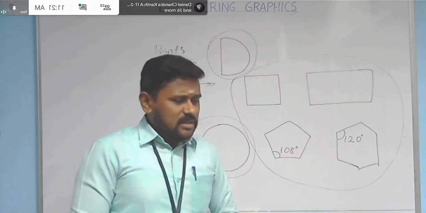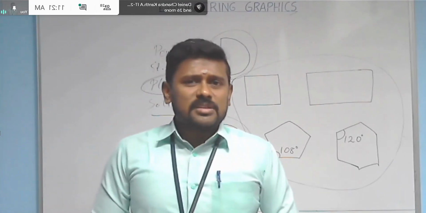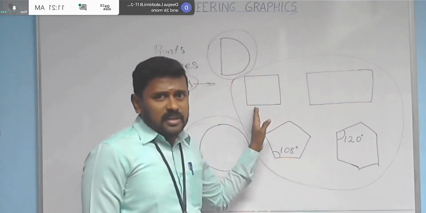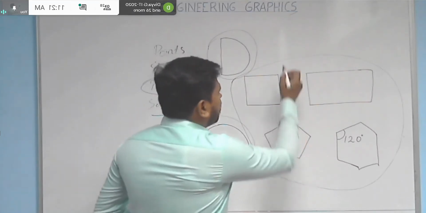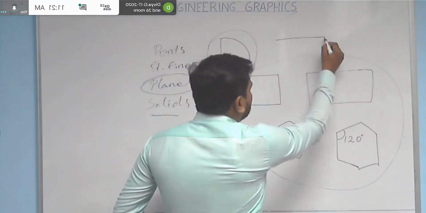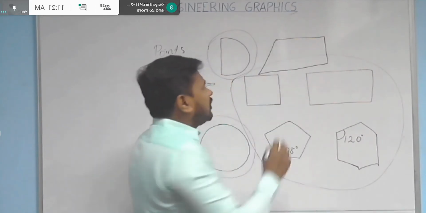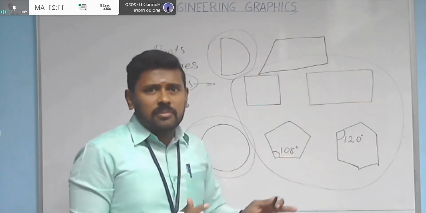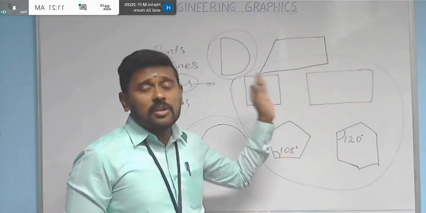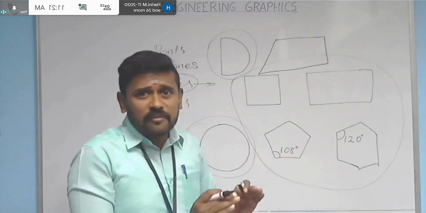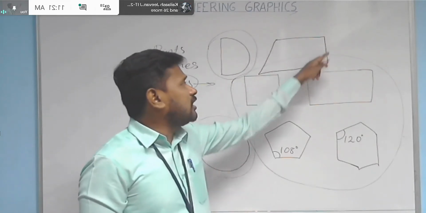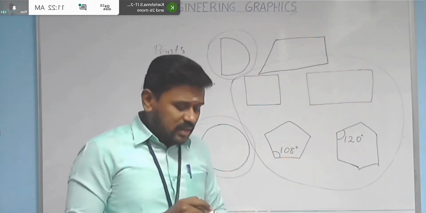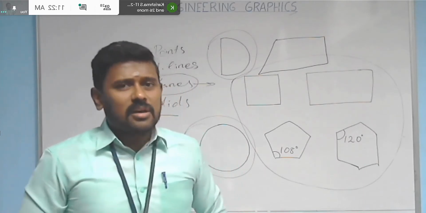In the case of regular planes, the shapes are standard shapes. So it is actually a regular plane, a square. But if you consider this plane, see, it is not a square, it is not a rectangle or triangle, whatever it may be. It's an irregular plane. However, it satisfies the norms for a plane. It is a closed surface and the boundaries are bounded with straight lines. However, it is not in a standard shape. So this kind of plane may be called an irregular plane or oblique plane.